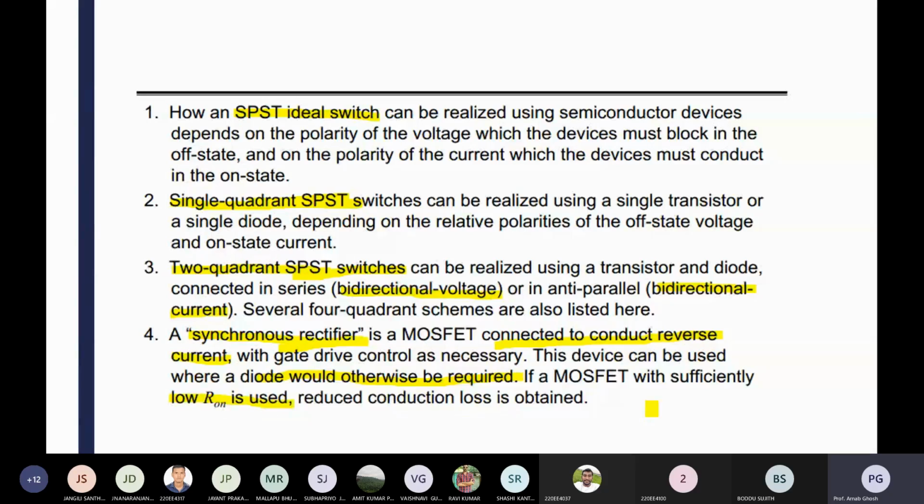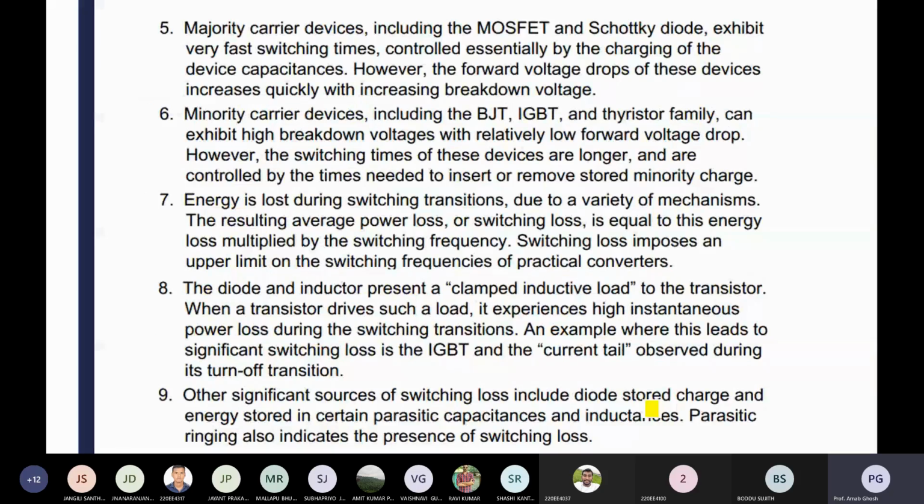So MOSFET and Schottky have very fast switching times, controlled especially by the charging of the device capacitance. The forward voltage drop of these devices increases quickly with increasing breakdown voltage, whereas the previous ones have low forward voltage drop. So two types of devices have already been discussed. Energy is lost during the switching transitions due to a variety of mechanisms, resulting in average power loss. Then we discussed diode and inductor behavior, and different examples of the buck converter with IGBT,